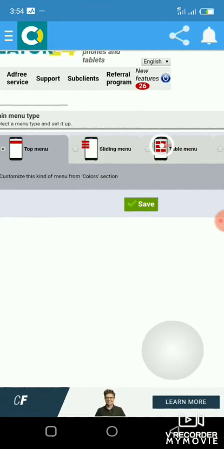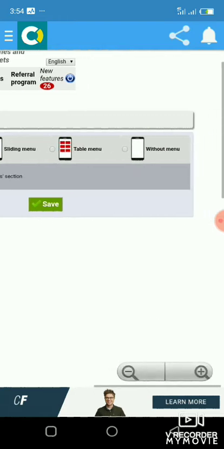But if you want this table format, this table format is cool. Once you open it, all the content will just display on the screen like a table. This is the way the icons display. But most professionals use this one, where once you click on the three icons, the menu will display. Or if I want to use this one, I'll just click on this table, then I'll select.